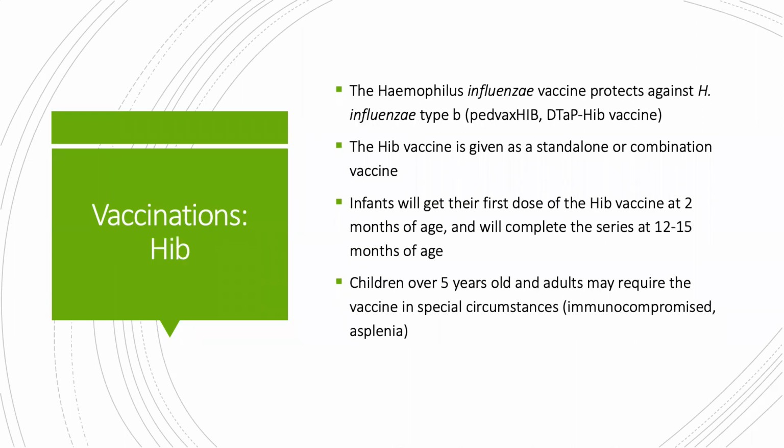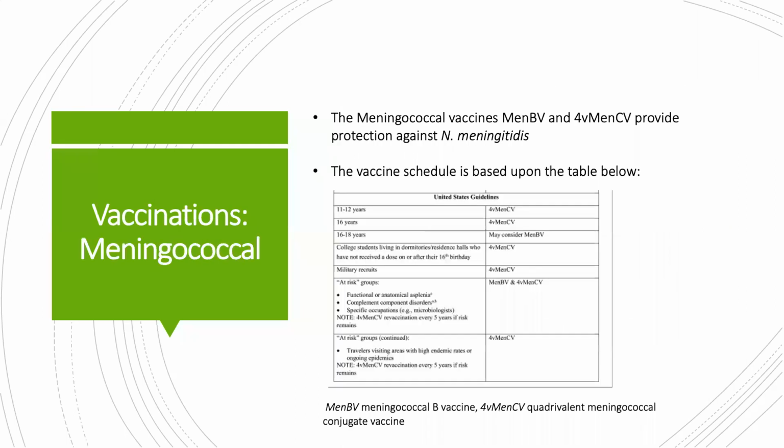Also for H. flu, this is often given to infants and definitely in younger years of age, but if patients have not received it, then you want to make sure that you reiterate the importance of being vaccinated. And then the vaccination schedule is here for those patients that have meningitis. And as I said, it's very much in those younger, so preteen to teenage years, and then going off to college, military recruits, people that will often be in close contact. So that is all that I have for meningitis. You all should be